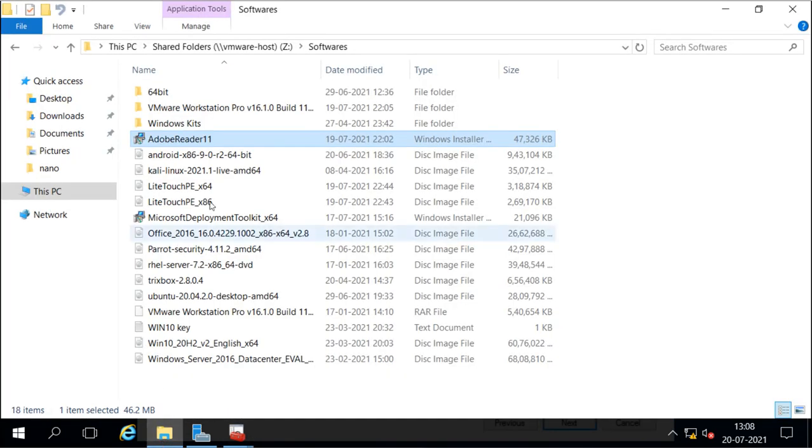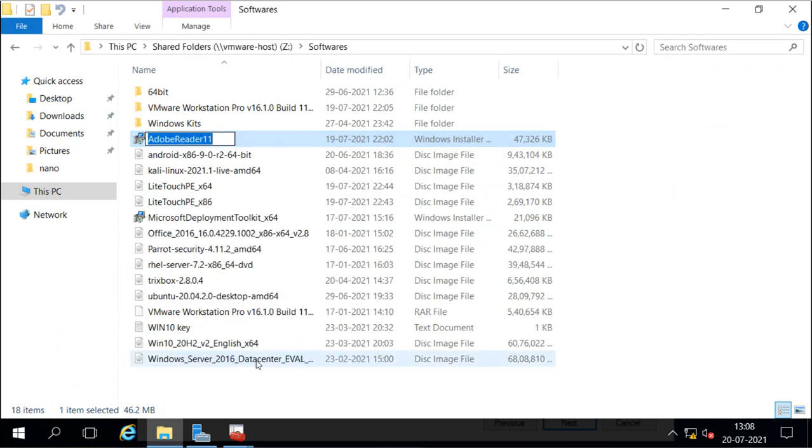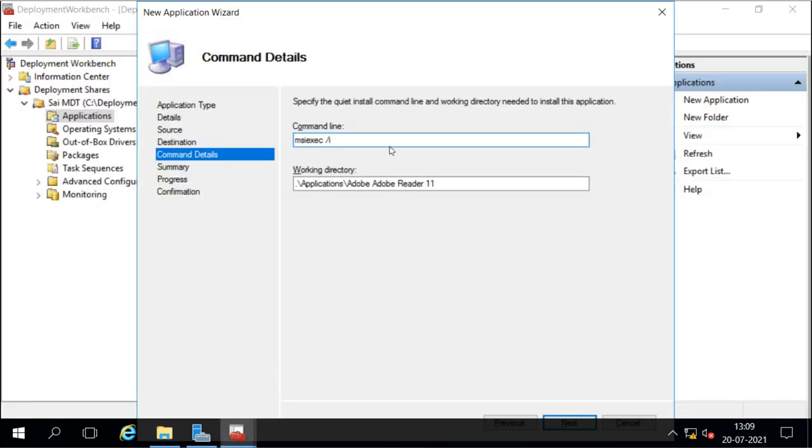I will copy the name. And the name is .msi, and then I give /qr, so it is going to install quietly without any interference. And this is the working directory, the application directory, where it is going to be shared. So this is what we have to do for adding the application.